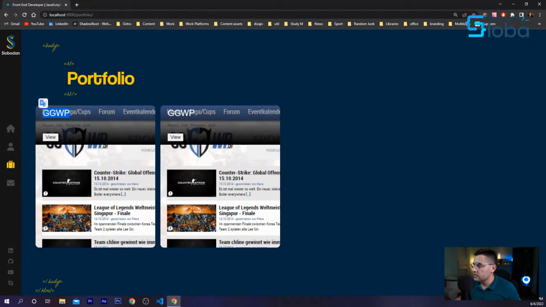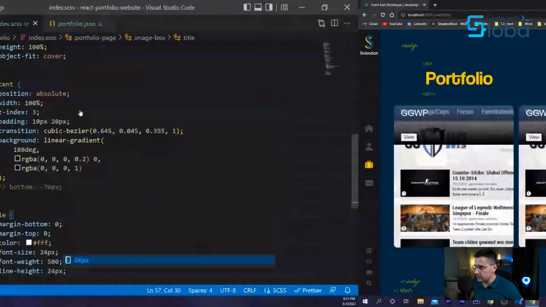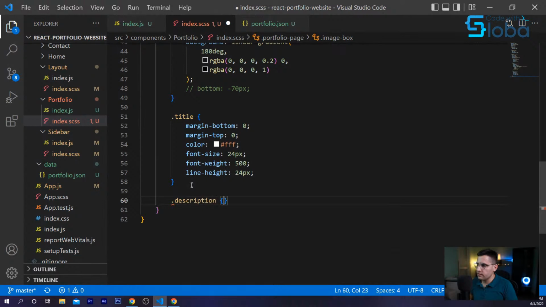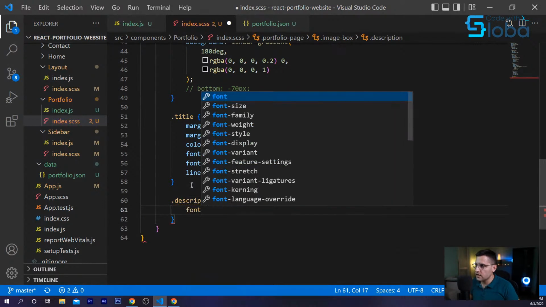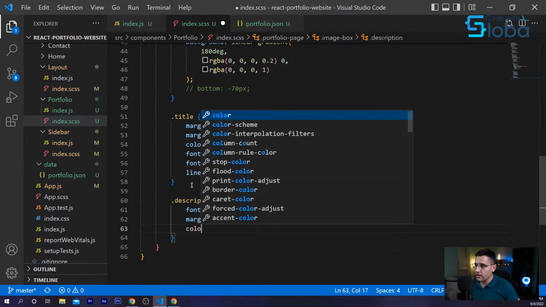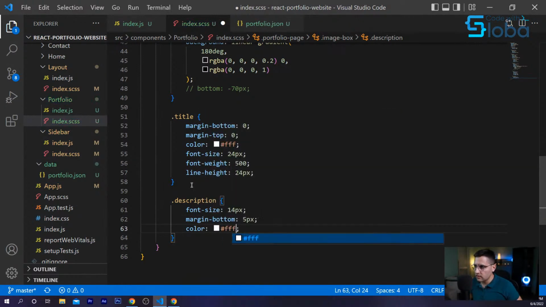Okay, yeah, now the title is more visible. Now for the description. Add the font size as 14 pixels. Margin bottom 5 pixels. Color, again, we want to have this white because we have the dark background.